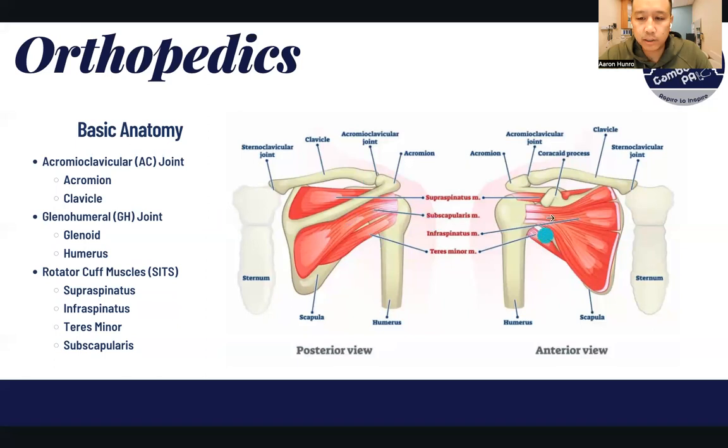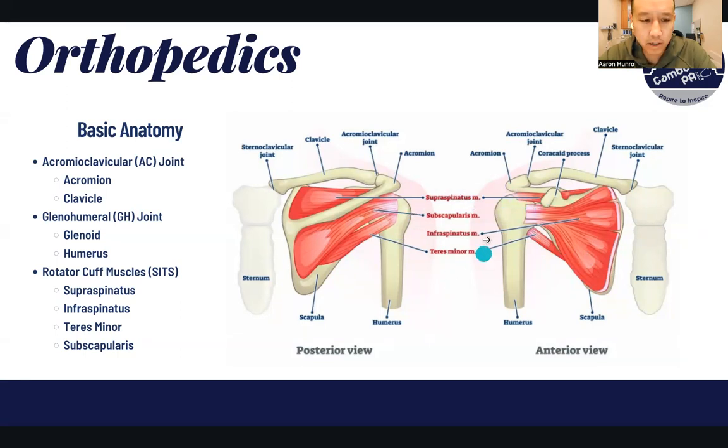The glenohumeral joint, this is the GH joint right here. Right behind this humerus is the glenoid space. So there's a labral socket in which this ball of the humerus, the head of the humerus, inserts into. So the shoulder is a ball and socket joint. And so the humerus here,